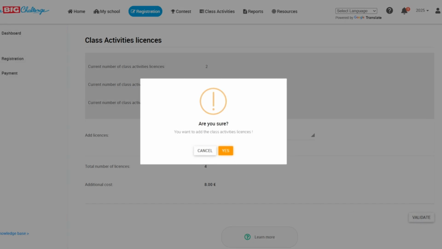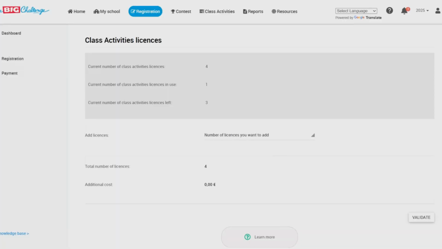Click Validate to save these changes. You can then assign these licenses to your students. For detailed steps, please watch our Managing Class Activity Licenses tutorial. The link is available in the